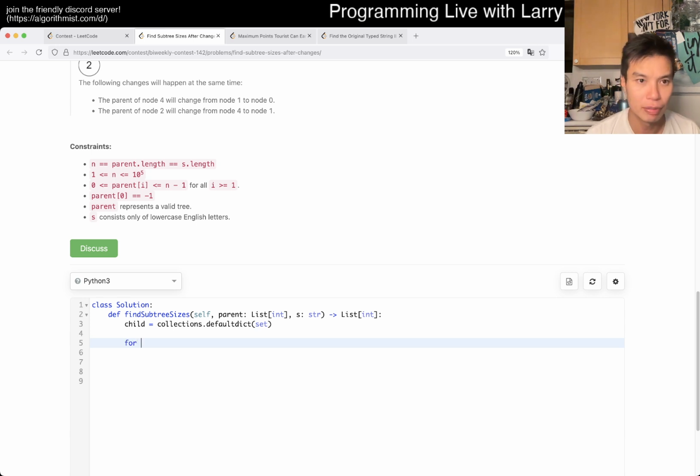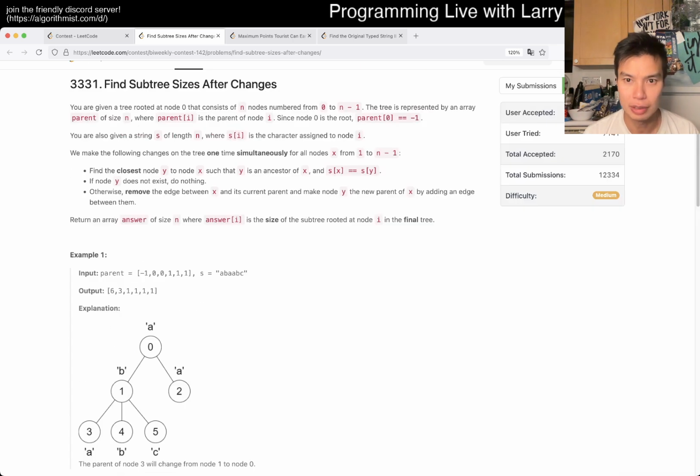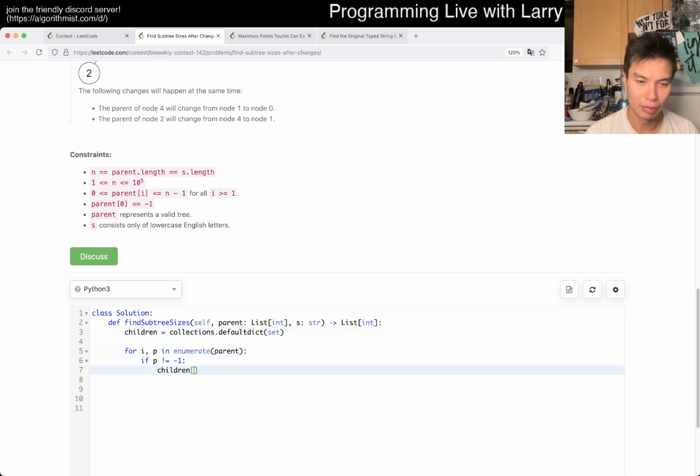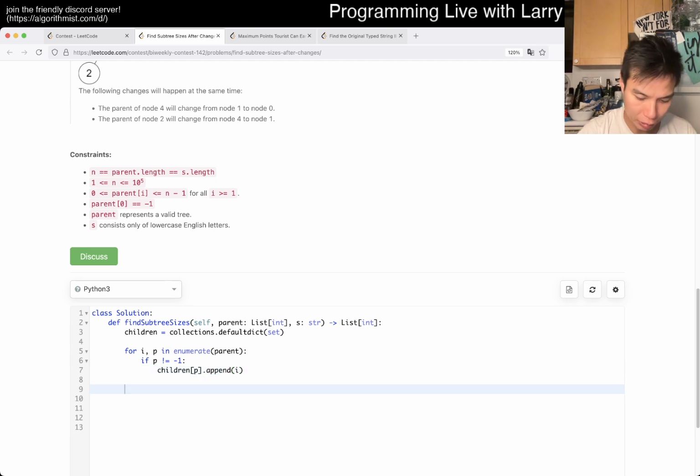So now for i, p in enumerate parent: the parent of the ith index is, if p is not equal to -1, that's fine, then we have children of p append i.